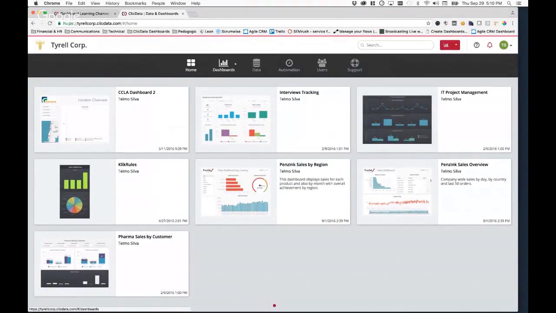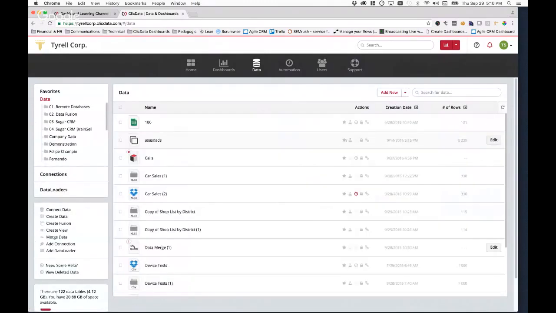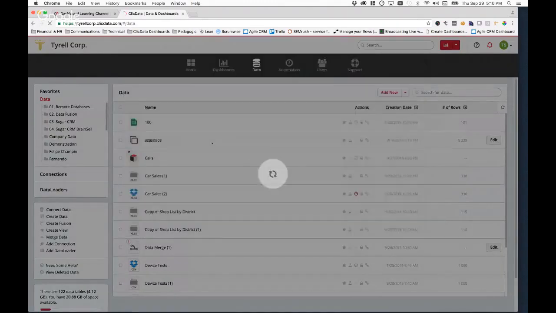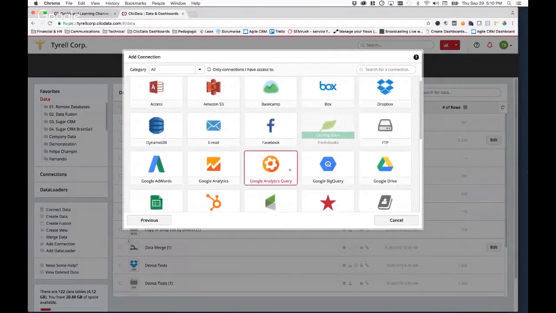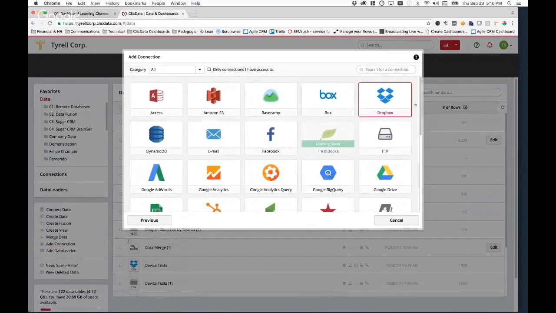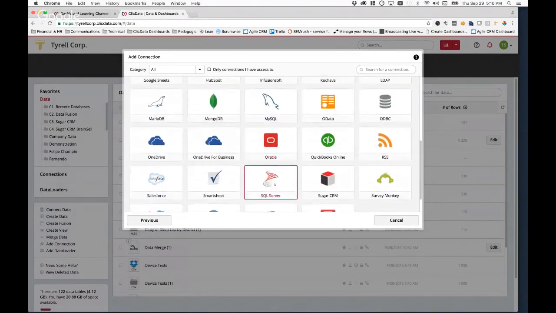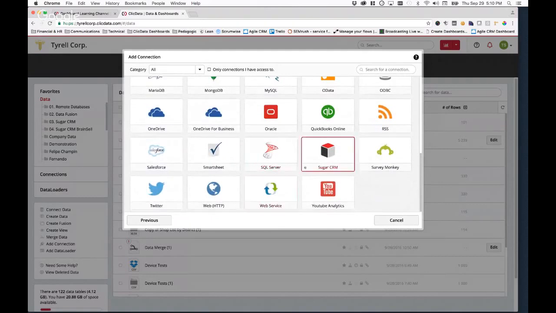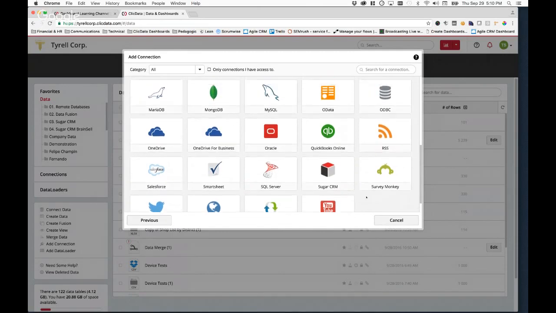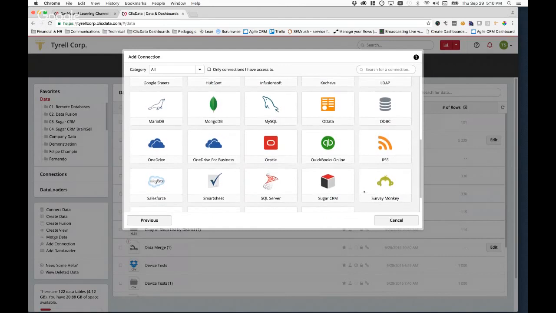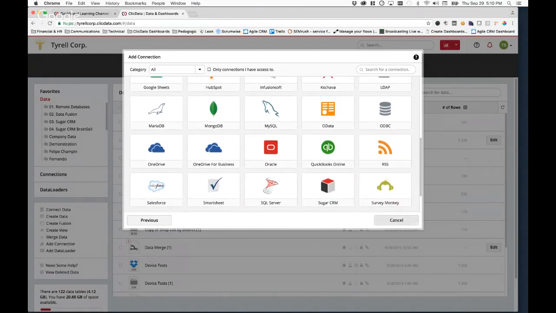So, like I said, ClicData allows you to bring your data in. We have quite a few connectors listed here. I'm not going to go through all of them. Suffice it to say that it doesn't matter if it's an Excel sitting somewhere, or Google Sheets, or a database, MySQL, SQL Server, etc. We have connectors for it. We try to enhance them and make them more powerful each time. We also try to add a connector each month based on customer requests. We just recently added the YouTube Analytics one and the Sugar CRM one, two of our latest connectors that we've added in the last month.